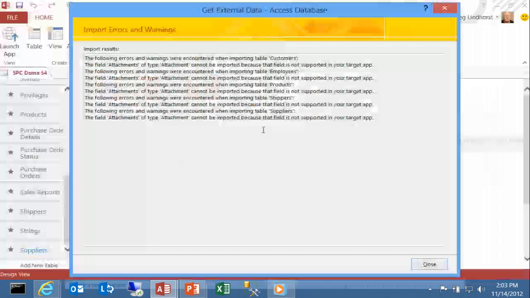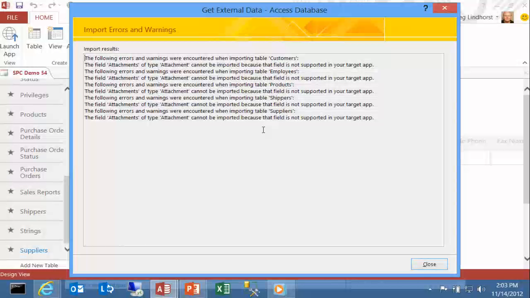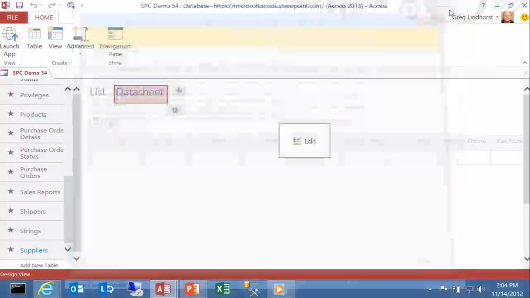Okay, the import finally finished. The error messages are expected. Not every data type that existed in the old Access client is available in the new world, and in particular attachments we don't have in the new world. So things like pictures for people, such as employees, won't be here, and you'll have to go make some manual updates to the database as a result of that. But most of the app is there. So if I launch it,